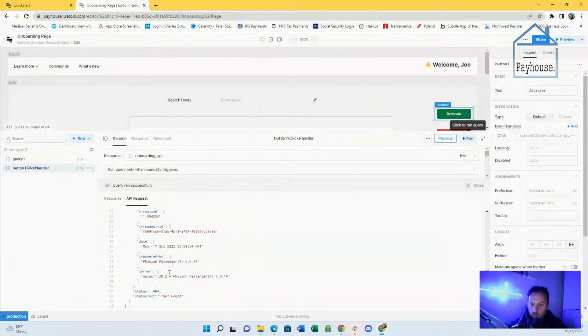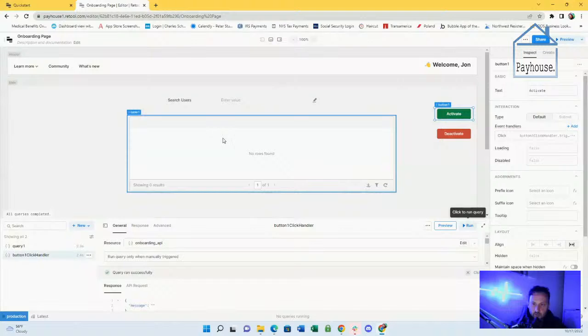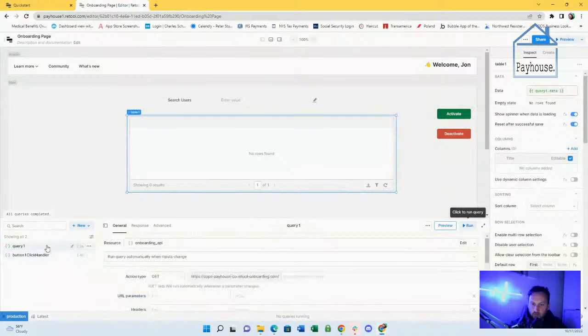All right, it ran an API request. And all my rows are now gone.